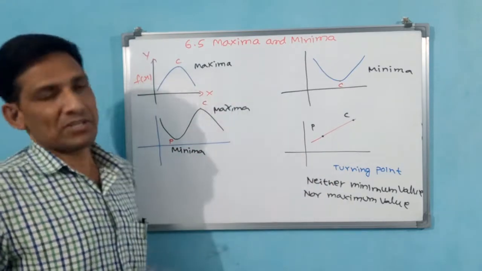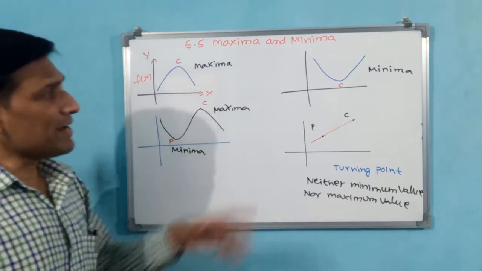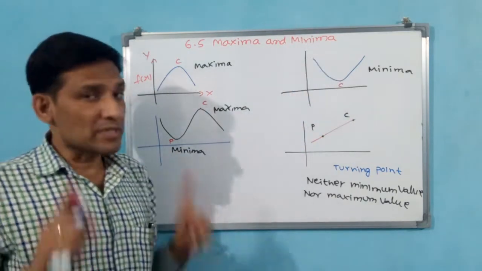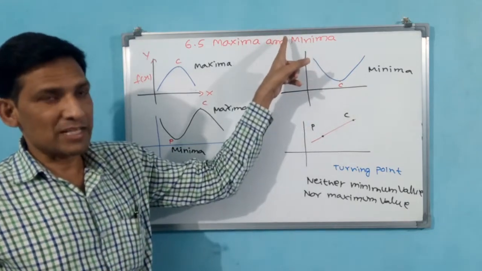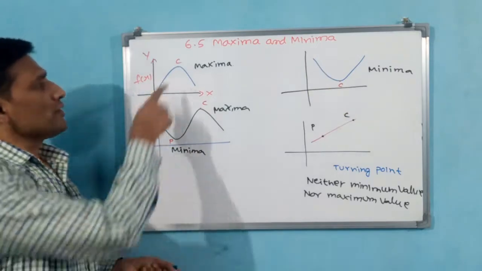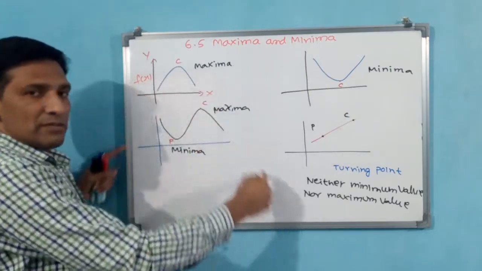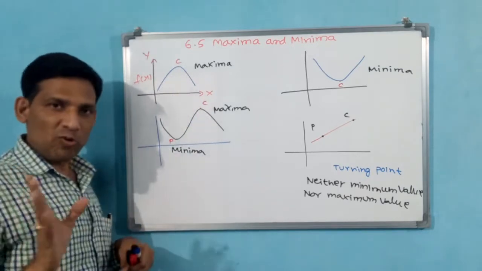Here turning points are there. Turning point is also important. Turning point is there, but where it goes up to infinity, that infinity area value you should not take. Here towards infinity it goes to maximum, C is minimum. That is why only minimum value you have to take. Here towards infinity it goes to minimum, but maximum value is there. Maximum only you have to take.